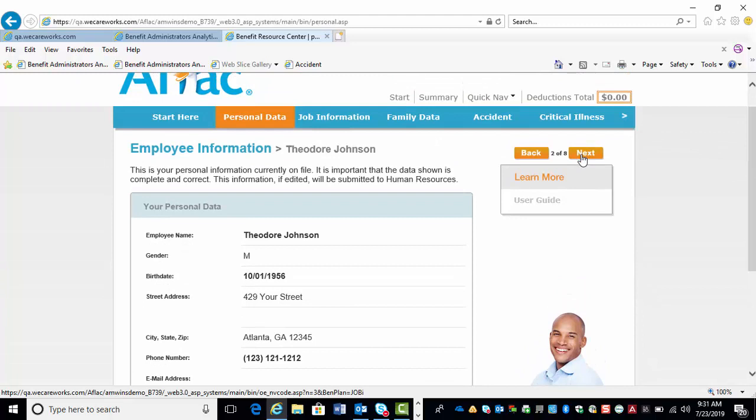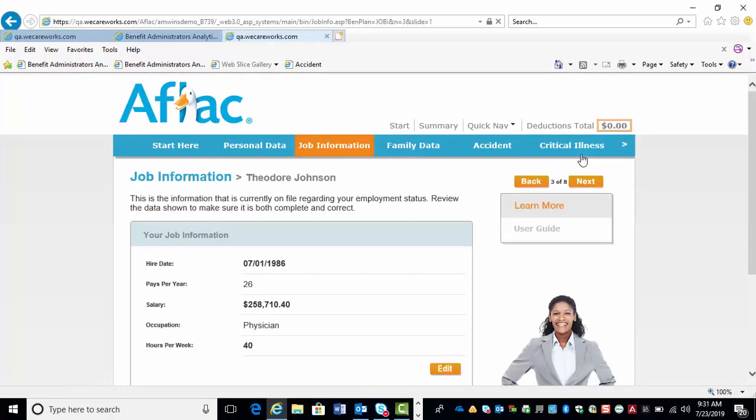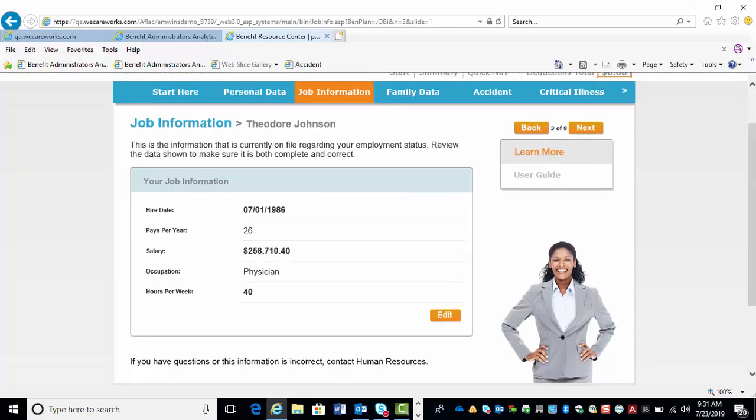Our next screen is going to be our job information page. Here, the employee will see job information as it pertains to the information we received on the census. We can show the full gamut of this information that's listed, or we can take out pieces and parts. So if you just want to show things that are specific to your enrollment, such as hire date, pays per year, and hours per week, we can limit that information to where those three options are the only things that are shown. However, if you are offering disability, we do show the salary that is provided to us on the